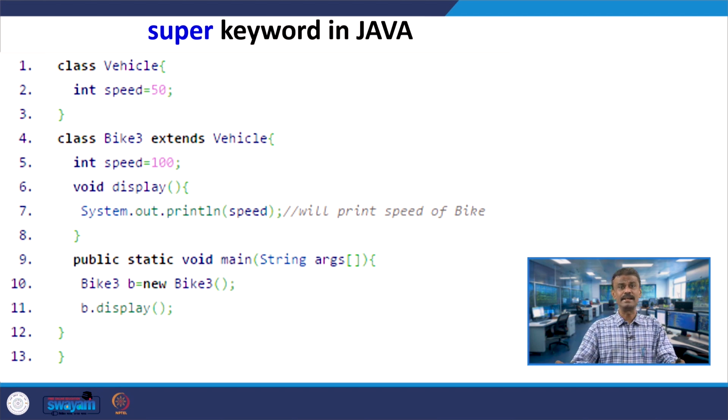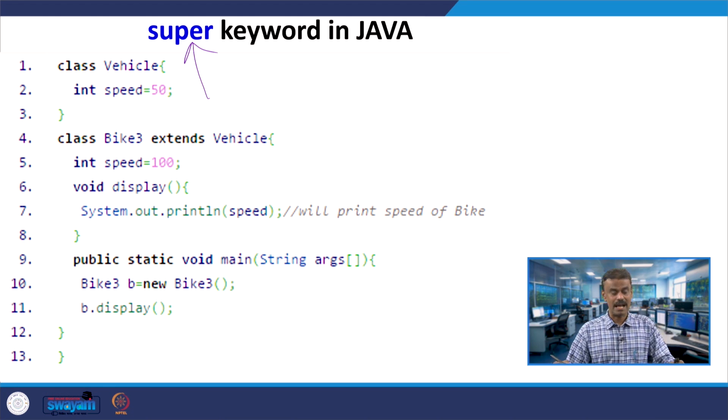So, under single inheritance in Java you have the super keyword. We talked about super class and subclass, correct. So, let us consider this particular example, alright. I am not using the super keyword here, but suppose I have this.